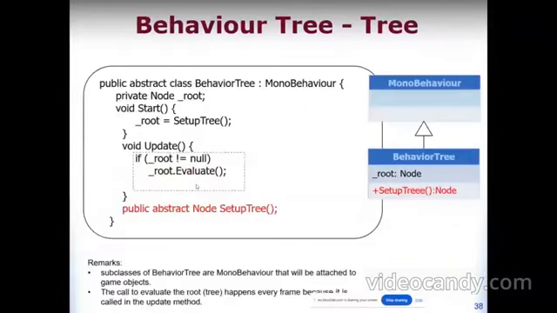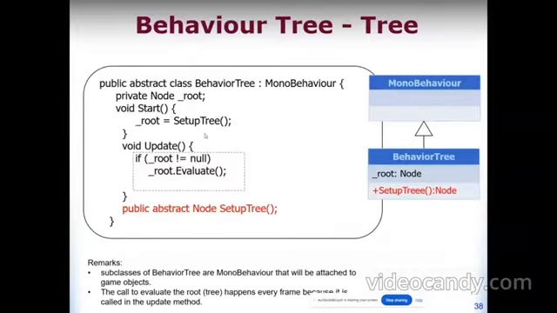As you can see, you can look at the code and make sense of it. Basically, it's a very simple code where you have a behavior tree extend MonoBehaviour, and in the update method you are evaluating the behavior tree. Now,